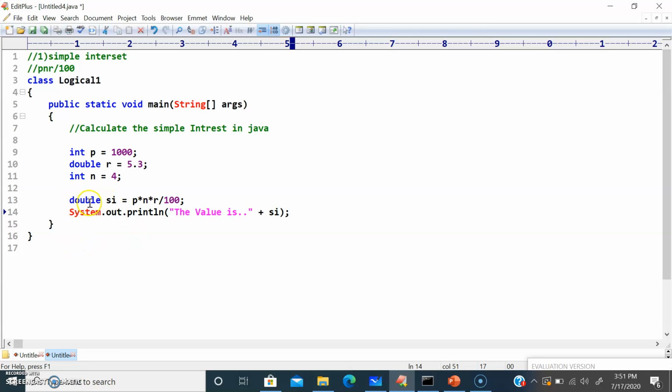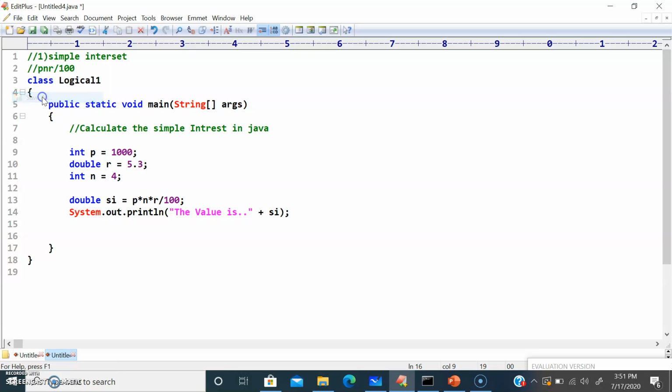Here you might have a question why I was using a double data type instead of an integer value. The reason is in a double I can use a decimal point, right? Here you can use either int or double, but suppose the value we are getting is in decimal, I want to store my value in decimal. That's the reason I was using the double data type instead of an integer, but you can use integer as well. It will not throw you any kind of error over here. Now let me check what is the value for SI and then let us proceed.